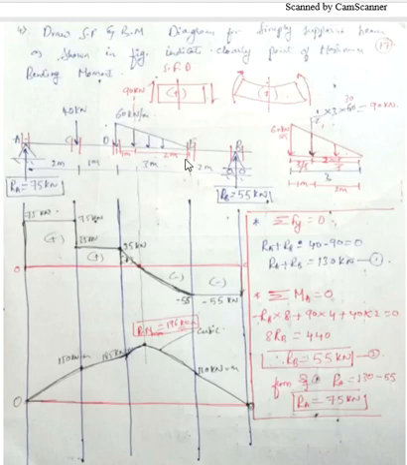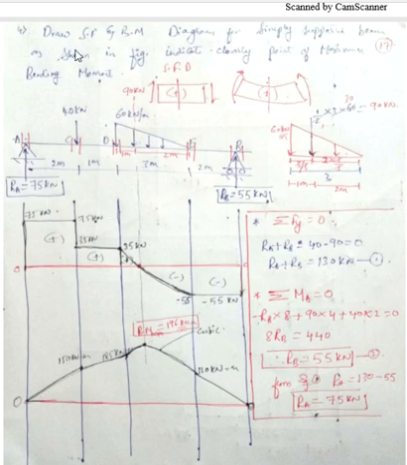Next we'll solve a problem consisting of a uniformly varying load, as shown in the figure. Now remember one thing: whenever there is a uniformly varying load, for SFD the curve will be joined using a parabolic curve, and for drawing BMD the curve will be cubic. Okay, this you need to remember. Then for a point load we know that it is a straight line.